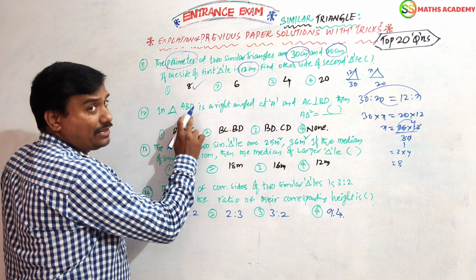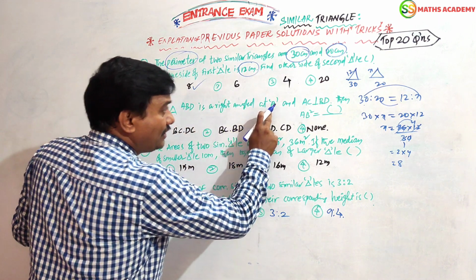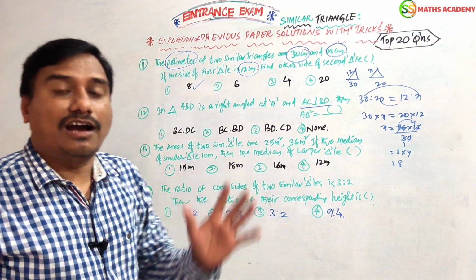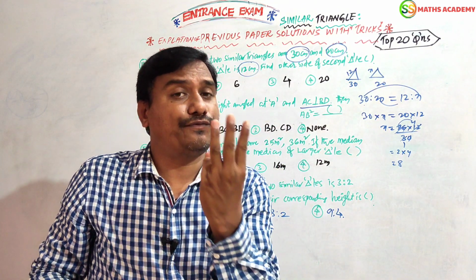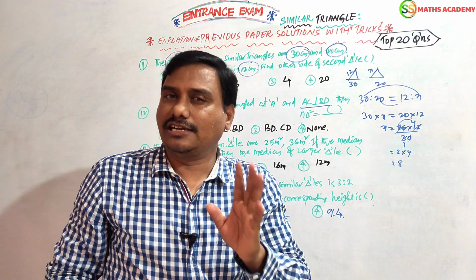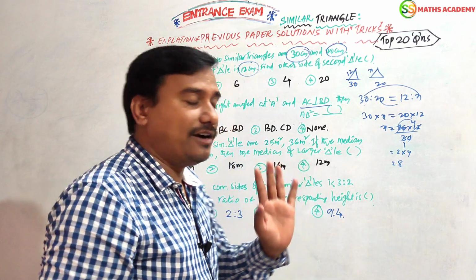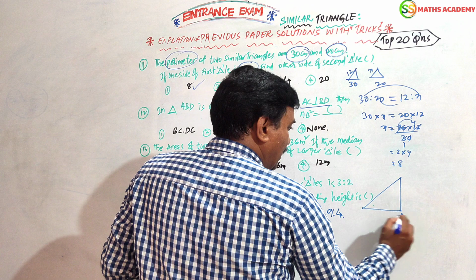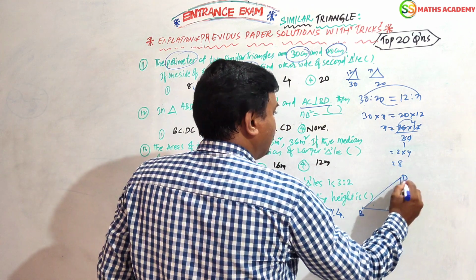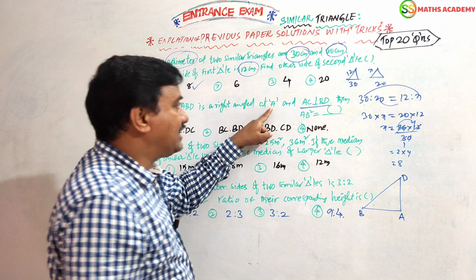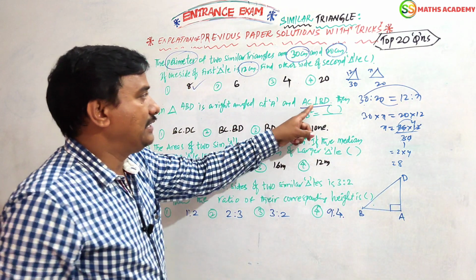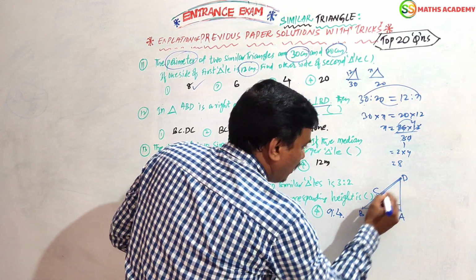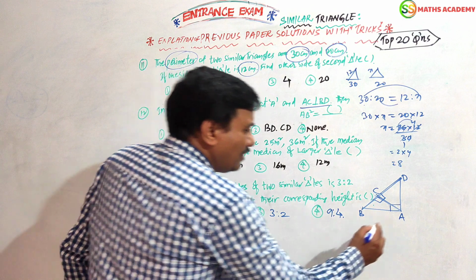In a triangle ABD, very important, right angle at A, AC perpendicular on BD. Then AB square equals what? Here, I have to tell you 3 terms at a time. In these 3 terms, any one will come in the exam. No doubt. Let us see the question. This is a triangle ABD, right angle at A. AC is perpendicular on BD. What about AB?